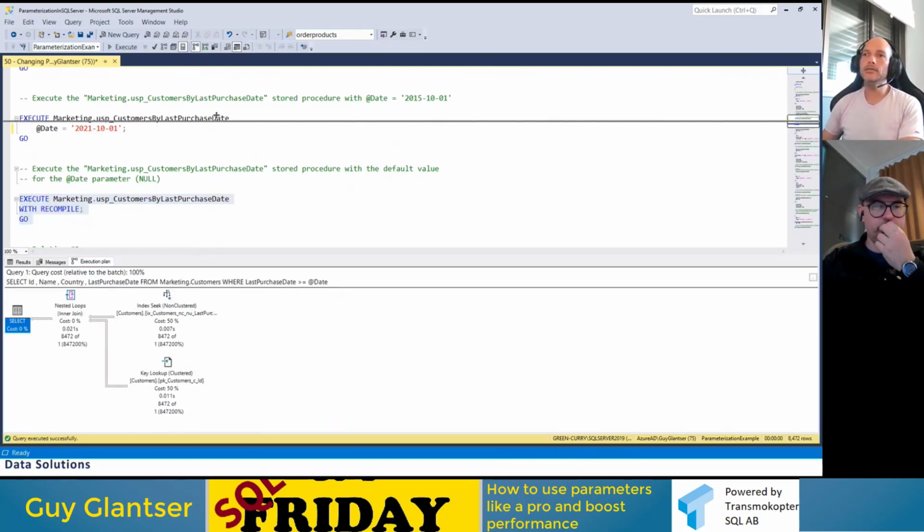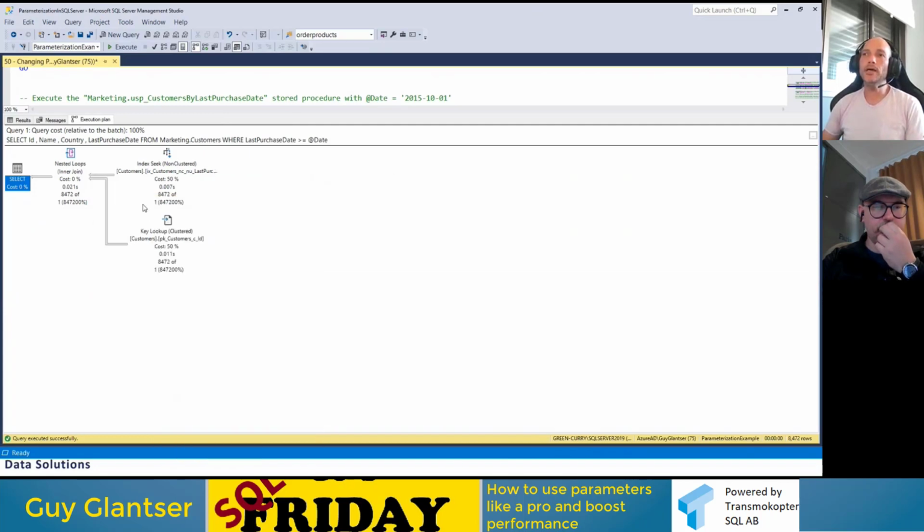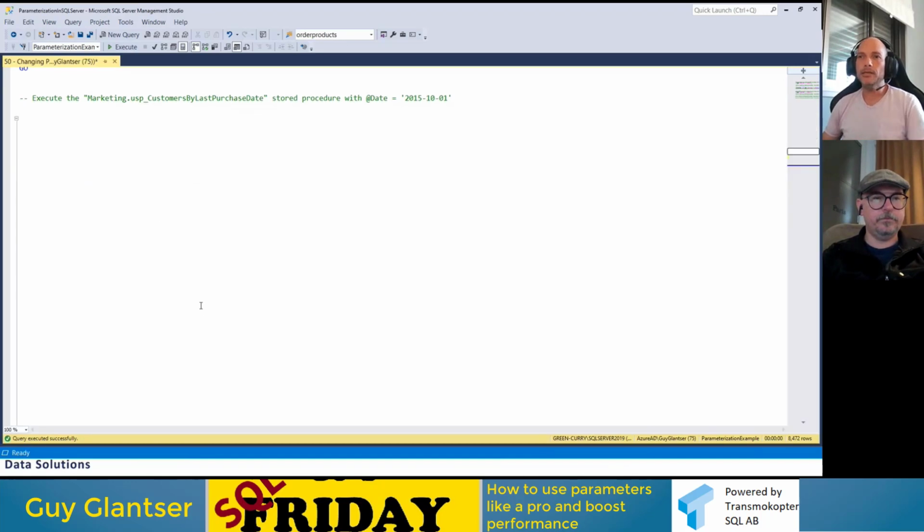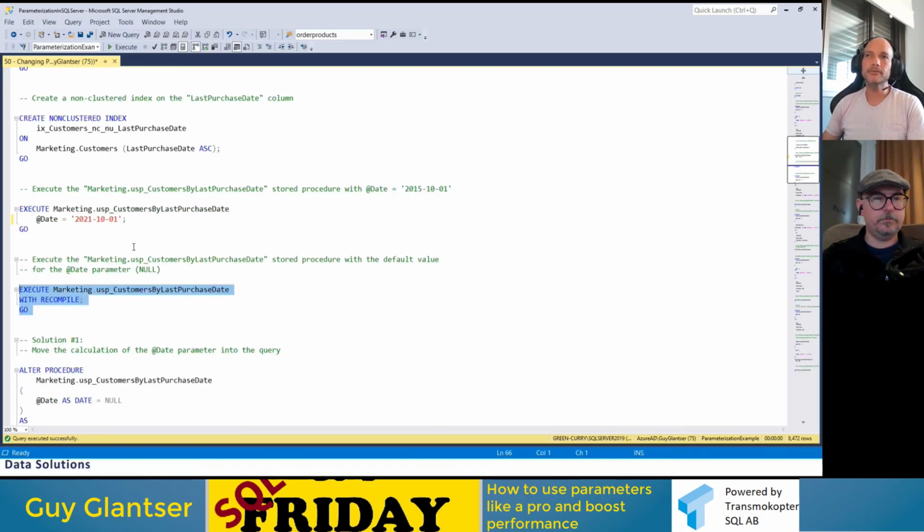and as you can see, SQL Server estimates 1 row, only 1 row, to come back from this, but actually we have more than 8,000 rows. So this is very wrong. For 8,000 rows, probably it's not worth doing so many key lookups. Okay, we got a poor plan. And why did it happen? The reason it happens is because of parameter sniffing.